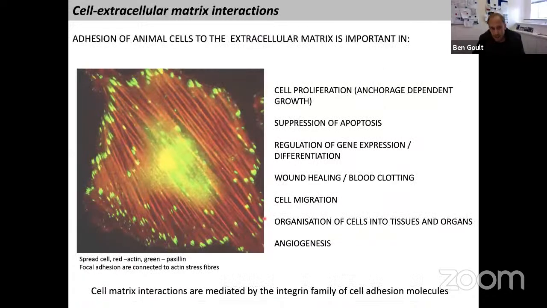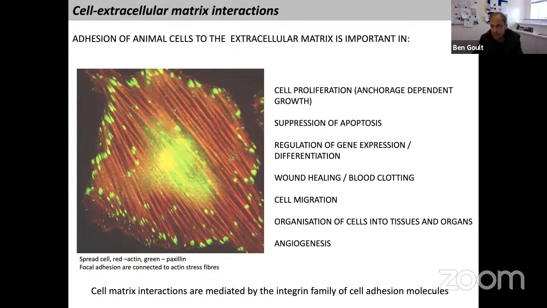But our work focuses on these scaffold proteins, and in particular these attachments which cells make to the extracellular matrix, this complex meshwork of proteins which our cells attach onto. And this is shown here with a really old slide now, but this is a cell which is spread out, and these large yellow assemblies are where this cell's physically grabbing onto that extracellular matrix. And what you can see in red is that those attachment points directly couple to the cell's force-generating machinery, the so-called cytoskeleton and the actomyosin cytoskeleton.